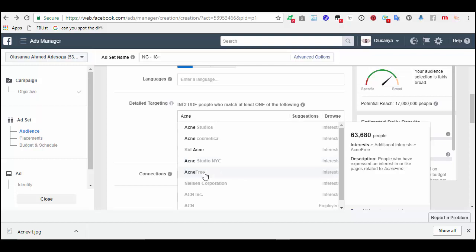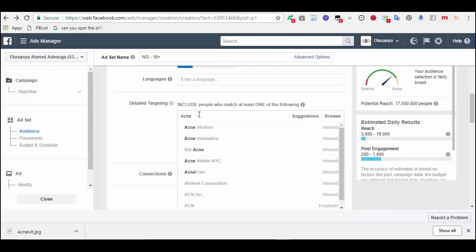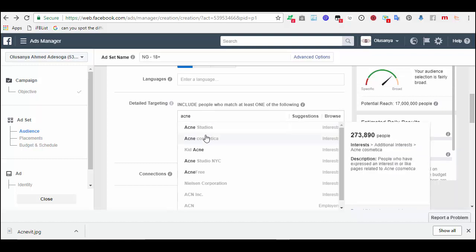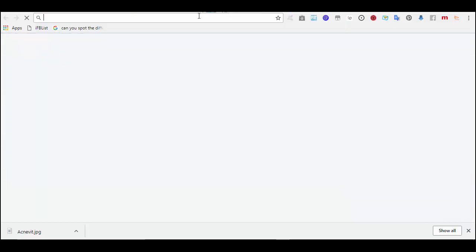I can't choose this. Acne, I can't choose this. It's too low. So let's say okay, acne, let me see, acne cosmetica 273,000. I want, okay, Acne Studios. So let's see Acne Studios. I want to see something.